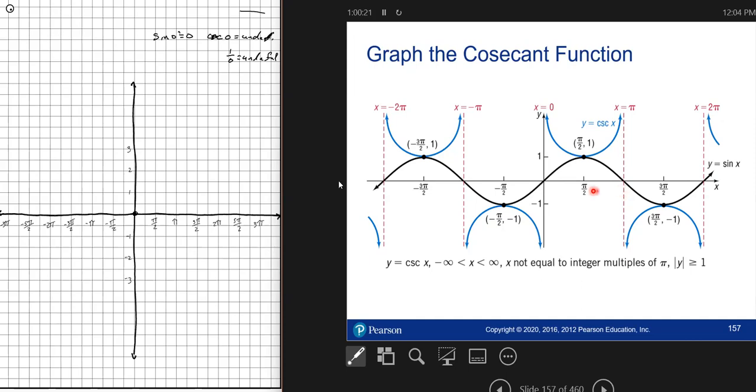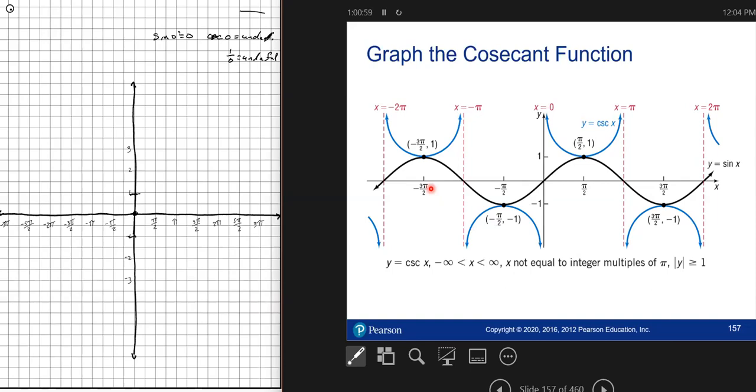So x can't be integer multiples of pi, because we have vertical asymptotes there. And because sine is between 1 and -1 inclusive, the reciprocal of -1 is -1. The reciprocal of 1 is 1. But once you move off of 1,